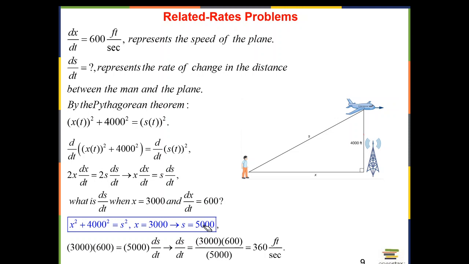So when s is 5,000 and x is 3,000 and dx/dt is 600, what is ds/dt? You just substitute 3,000 here, 5,000 here, 600 here, and then isolate ds/dt. That's what you get. So at that moment, the distance between the man and the airplane is changing at 360,